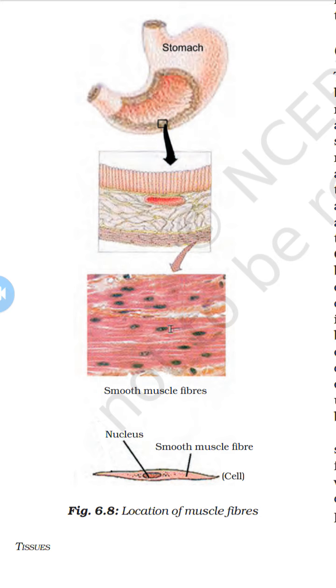Here, blood and muscles are both examples of tissues found in our body. There are different types of animal tissues: epithelial tissue, connective tissue, muscular tissue, and nerve tissue. Blood is a type of connective tissue, and muscles form muscular tissue. Animal tissues are classified based on their functions into these four types.